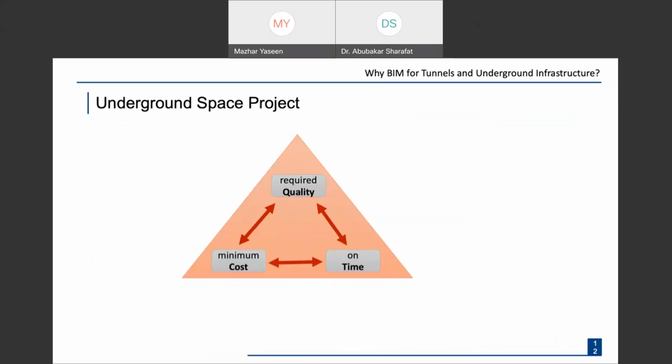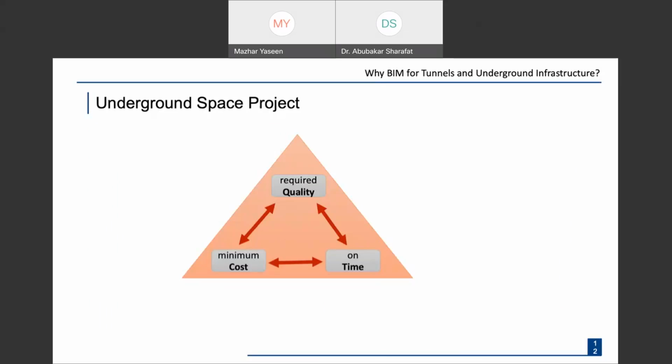Okay, so when you talk about the underground space project, it's similar to other projects. There's a triangle for the projects. You know that we should minimize the cost, we should have the required quality, and it should be on time. If you change one of the constraints in any construction project, especially in a tunneling project, it can cause